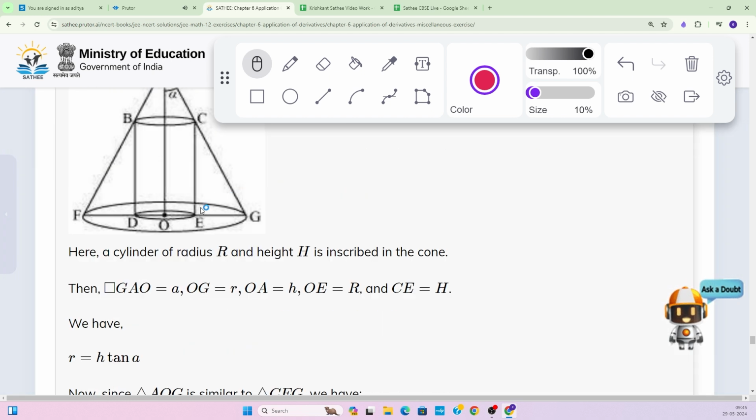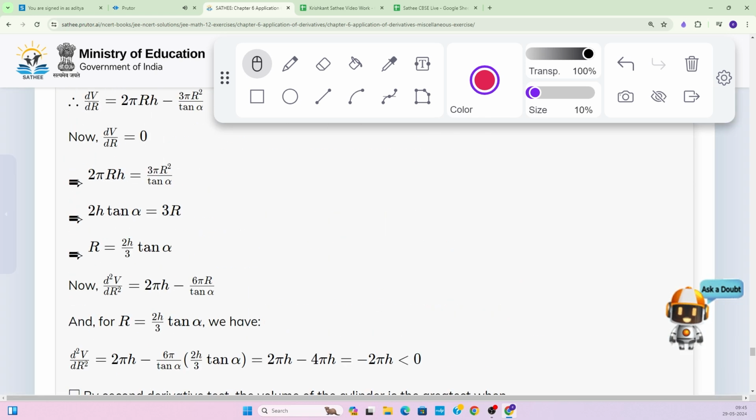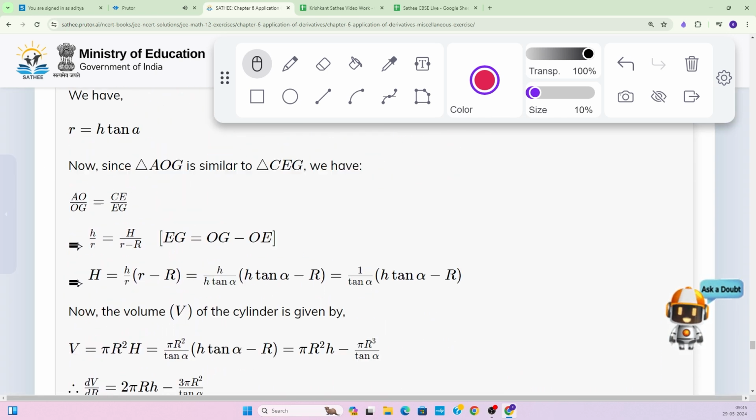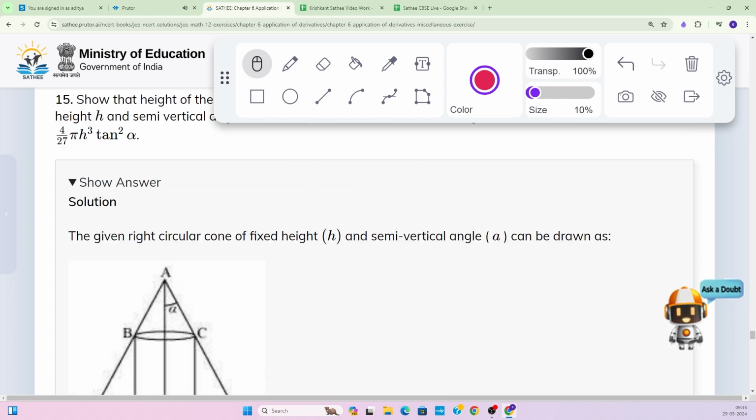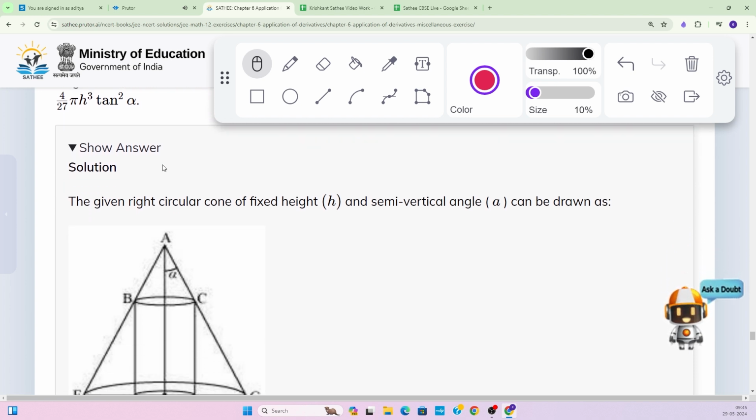So now problem number 15. Let me quickly explain the solution for you. Show that the height of the cylinder of the greatest volume which can be inscribed in a right circular cone of height h and semi-vertical angle alpha is 1/3 that of the cone, and the greatest volume of the cylinder is 4 by 27 pi h cube tan square alpha. Now the given right circular cone of fixed height h and semi-vertical angle alpha